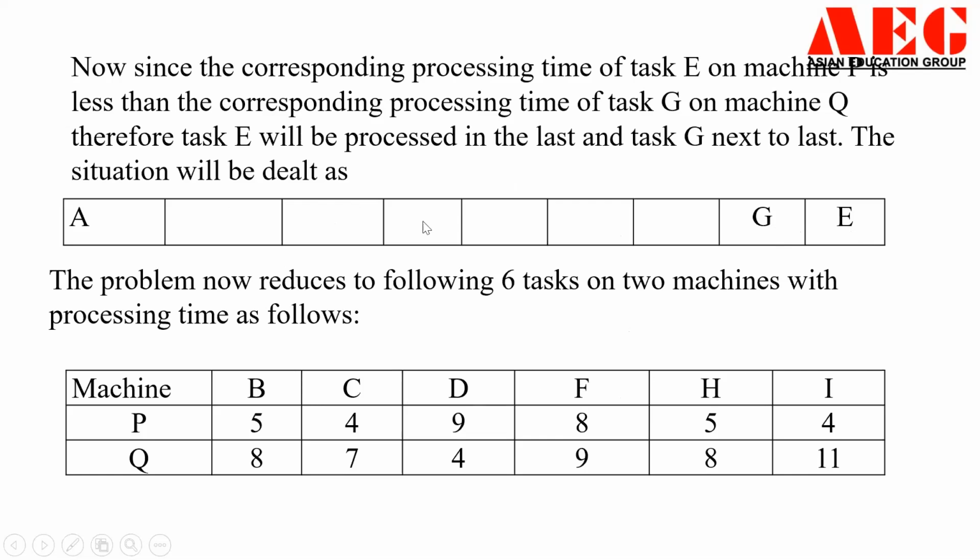There is 3 and 3, so 6, because the total was 9 tasks and 3 tasks are already in the queue. Now we are left with the 6 tasks which are available in our question. So now the minimum value is 4, 4 and 4. There are three jobs having a minimum time required of 4, 4 and 4. So P has two 4s and Q has one 4. So we insert D at the end right here, and we will insert C and I from this side, C and I.